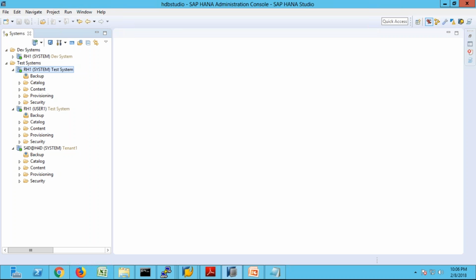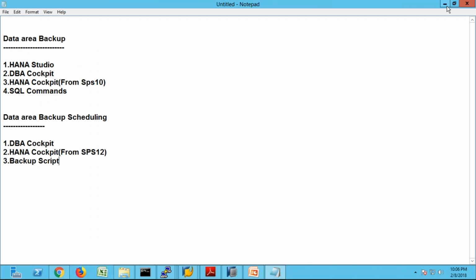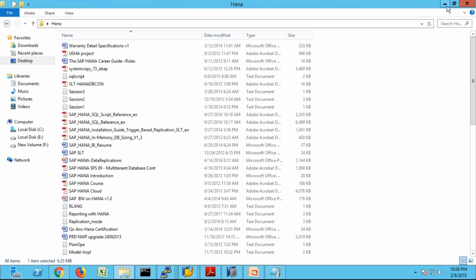So when you speak about backup destinations, they give two options: the first is file system, and the second is Backint. When you say you're using Backint, obviously your company is using a third-party backup tool. In case the customer has decided to use a third-party backup tool, we don't know which tool they're going to use, but depending on the tool, SAP will give you the information on how to use the Backint interface. So in such cases, what we have to do immediately